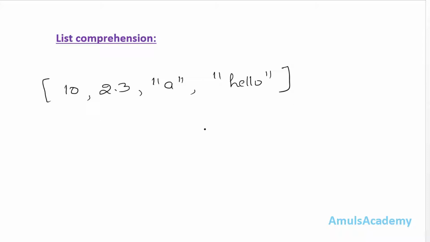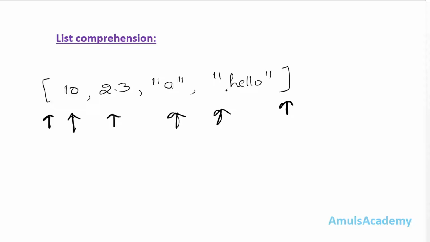So this is an example of a list, right? We use square brackets at the beginning and end of the list. They tell us this is a list, and here we can see the elements. It contains integer elements, floating point numbers, and strings. So it can contain any type of elements. There are different ways to create a list in Python.